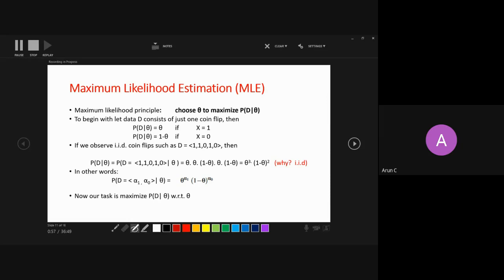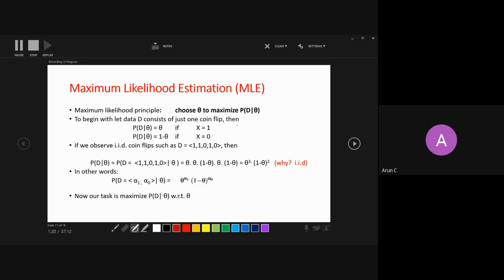So theta, exactly. So there, you had a function where we wanted to find the intercept and slope, so there were two parameters. Here I want to find the probability of getting a head from a coin, so there is only one parameter here, that is theta. So in the likelihood function, the only variable is theta, right?